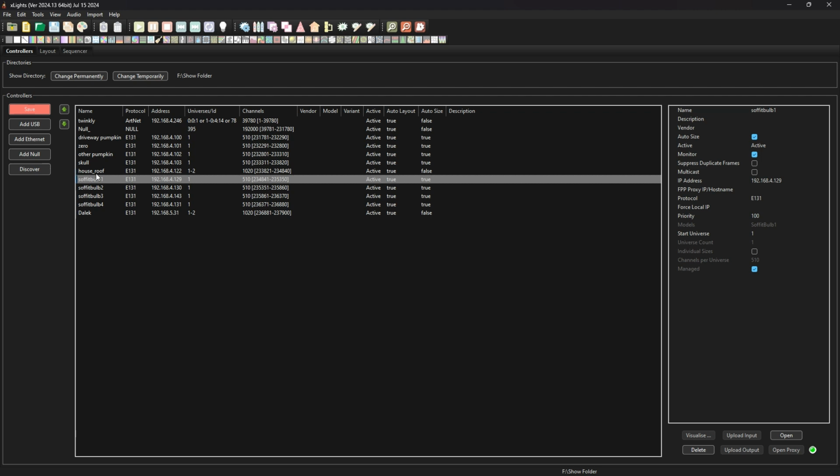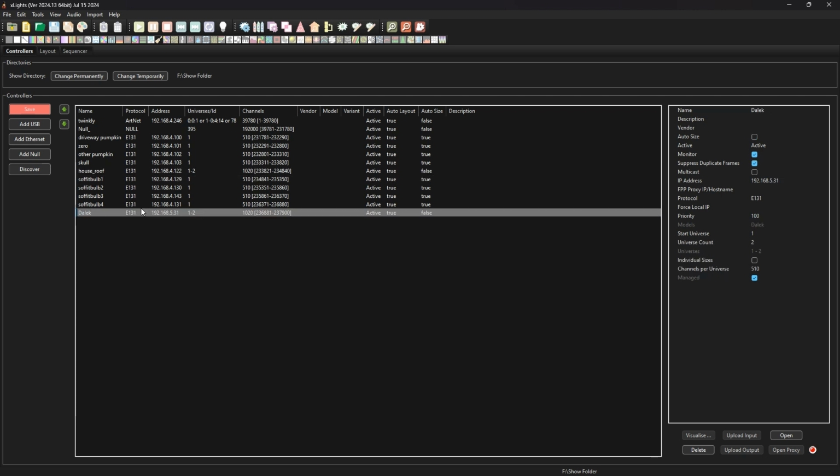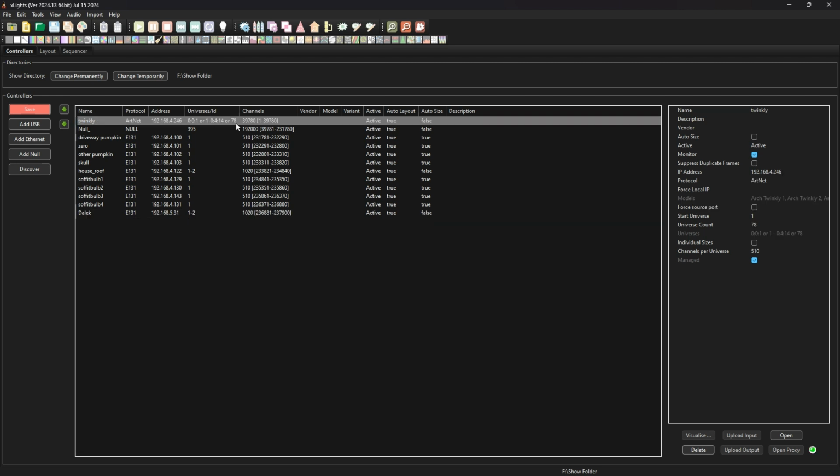This is my roof line, which is 4 strip lights. And this is pretty well the only pixel device I have, a tree from a company that doesn't make pixels anymore. But you'll notice I'm using 78 universes, 39,000 channels. Look over here when it says,